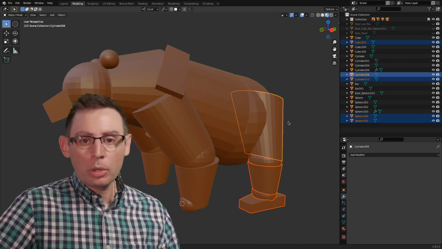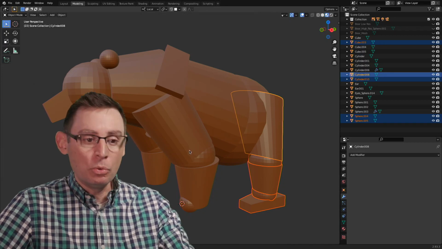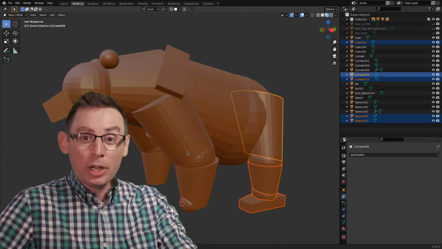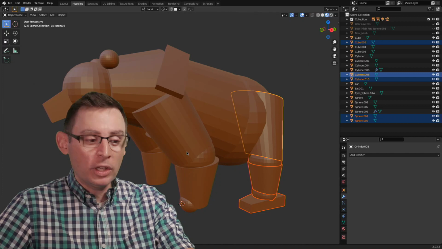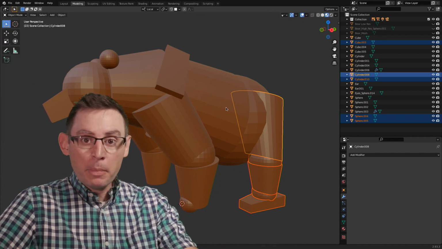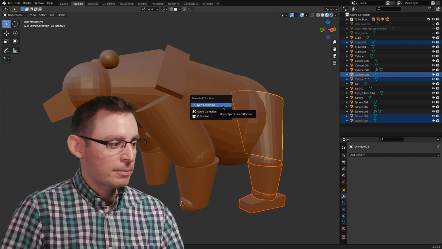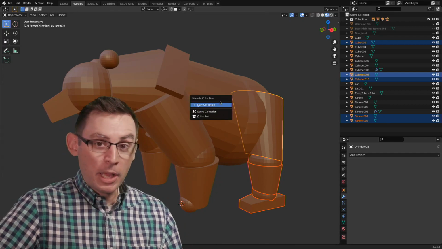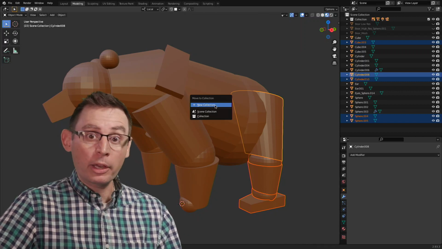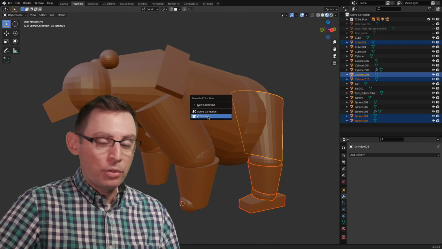Now the keyboard shortcut to do this is pretty neat. It's the M key. M as in move, and that's actually what you're doing. You're not creating a collection, you're moving the objects from one collection into another. And what you get, make sure your mouse cursor's in the 3D viewport, is a little popover menu that looks like this. Now, I know it's small and I apologize, but the options in the menu are New Collection, or we can move it into the Scene Collection or the Default Collection.